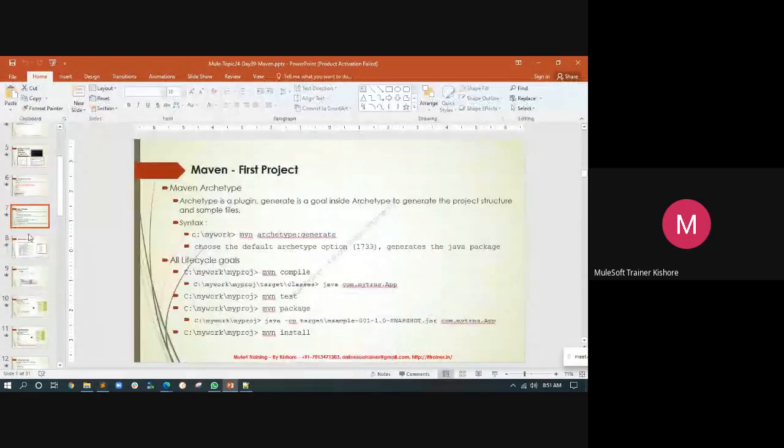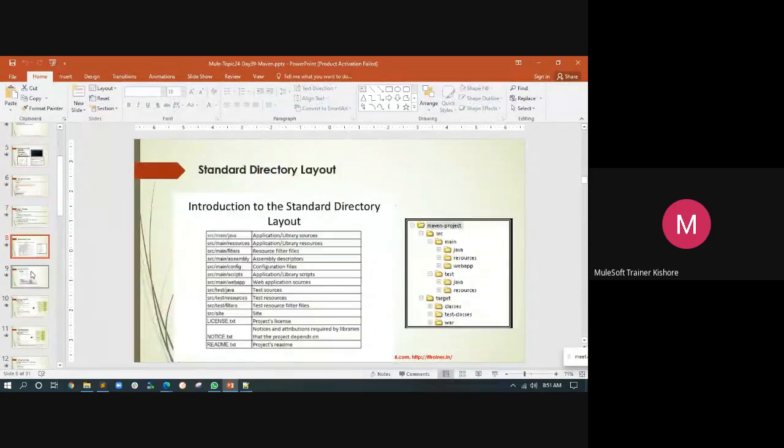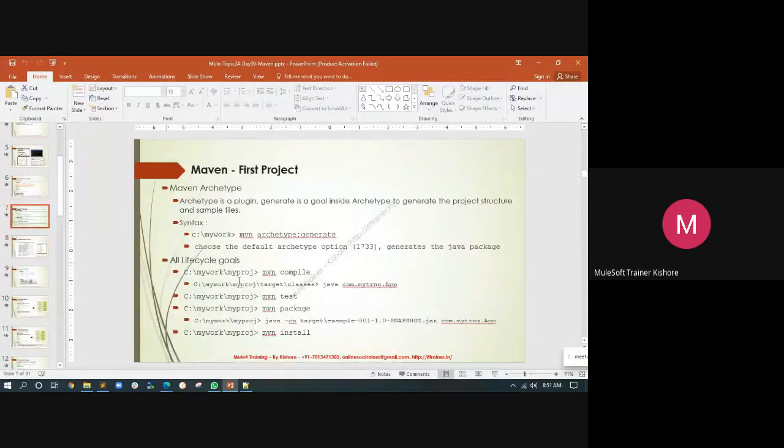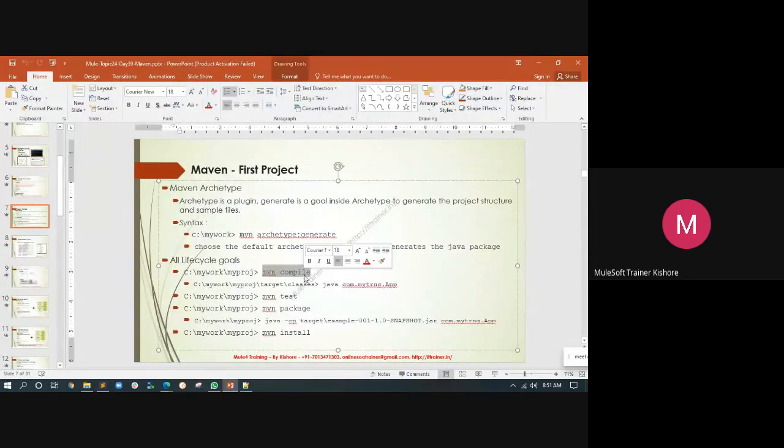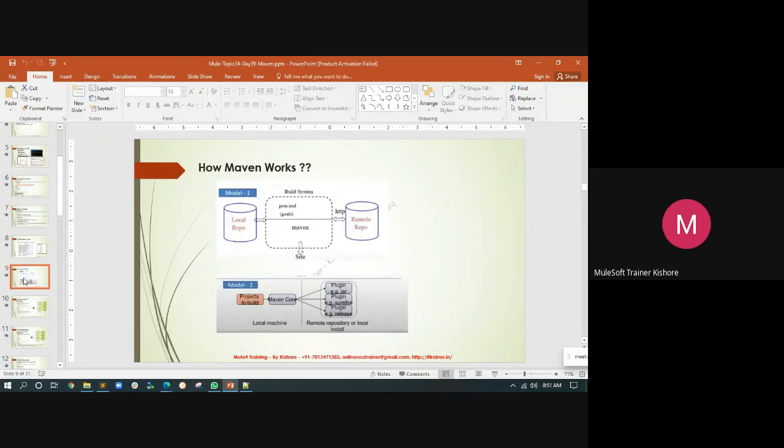So we have learned how to create a project, and after creating the project, we asked Maven to compile, test, and package. Once it was compiled, we ran the Java externally. Once we packaged, we executed the Java class through the Java command. So this is what Maven is doing. What is Maven doing? Test, package, compile. What are all those things? These are called